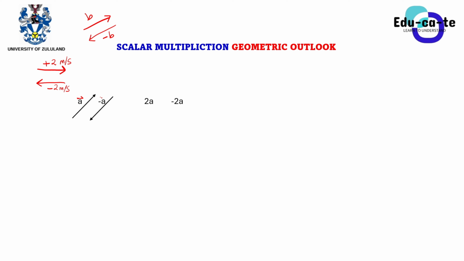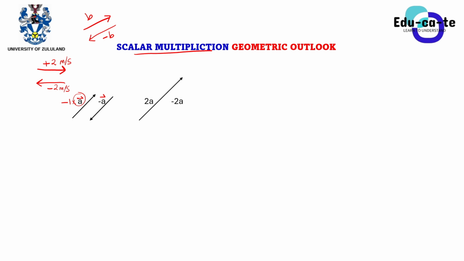So here, this is vector -A. We have multiplied by -1. So this is known as scalar multiplication. When you multiply by a number, you can either change the size or the direction. If you multiply with a number of opposite sign, you will change the direction definitely, because here you can see that this is +A. We multiplied it by what? By -1, so that it changes its direction. So basically, when you multiply by a negative scalar, you're going to change the direction of the vector.